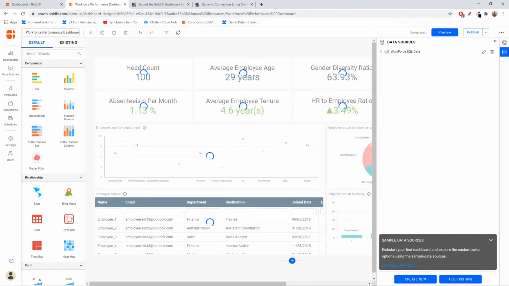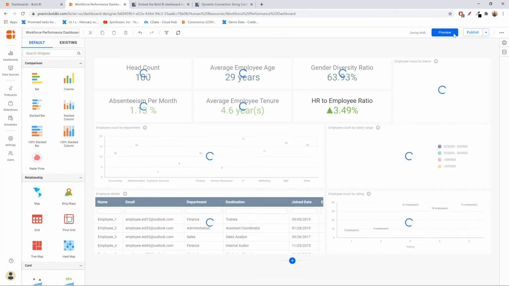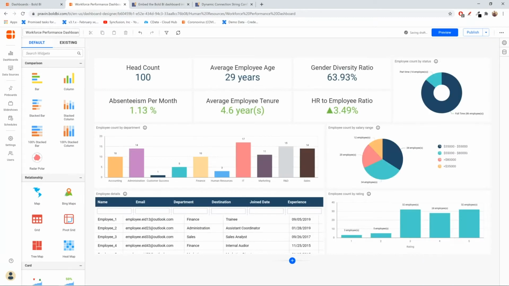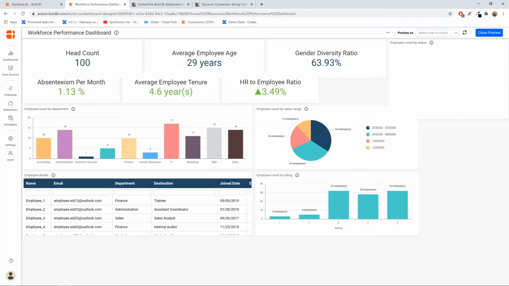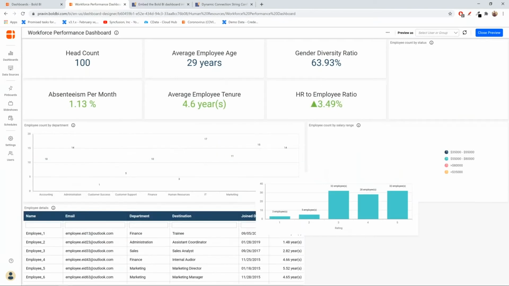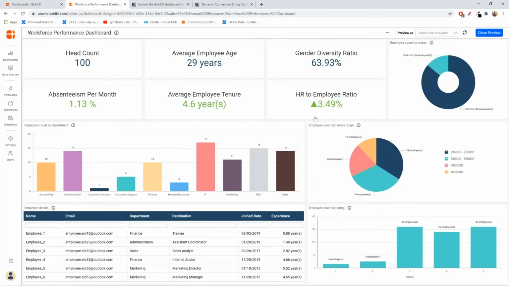So let me close this data source panel. And when you preview the dashboard, you have this option to impersonate any user and see how the dashboard is going to look for them. Let me click the preview button. So now this dashboard is what it is going to look like for an administrator.